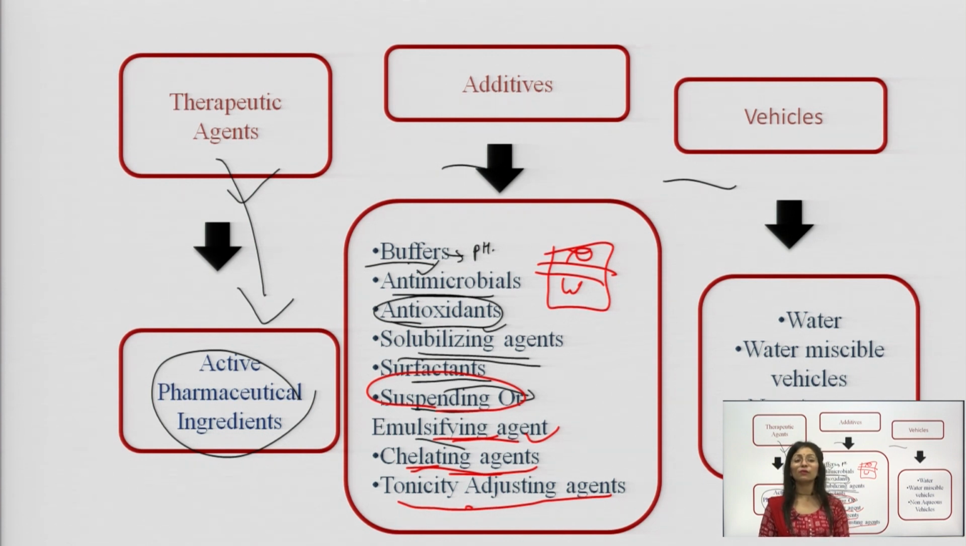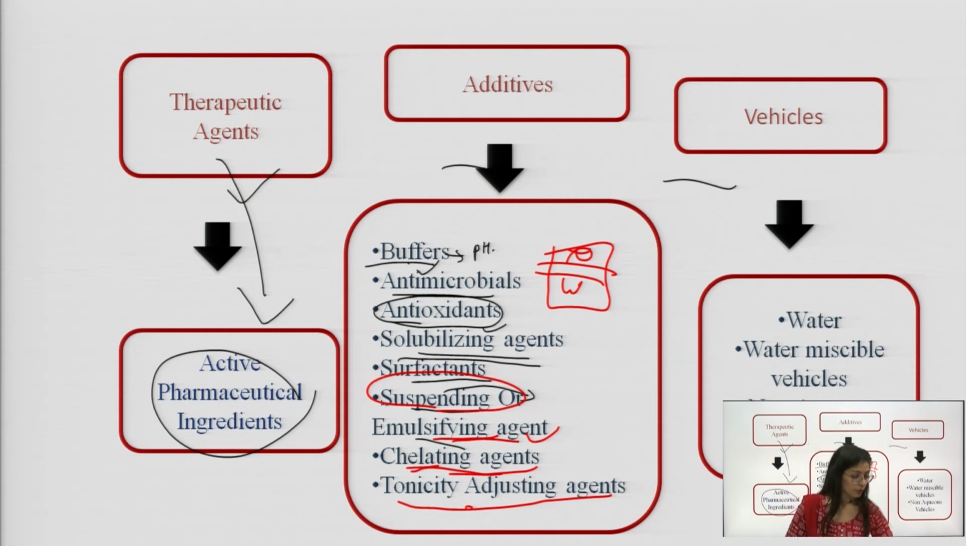Buffers, as I told you, are used for pH adjustment. Antimicrobials are used for prevention of microbial contamination. Antioxidants are used for prevention of oxidation of the formulation. Then we have solubilizing agents that solubilize, and stabilizers that enhance solubility. We have suspending agents for suspensions, and emulsifying agents for emulsions. As I told you, emulsions need to be taken care of because they are made up of oil and water phases. If the oil and water phases separate out,